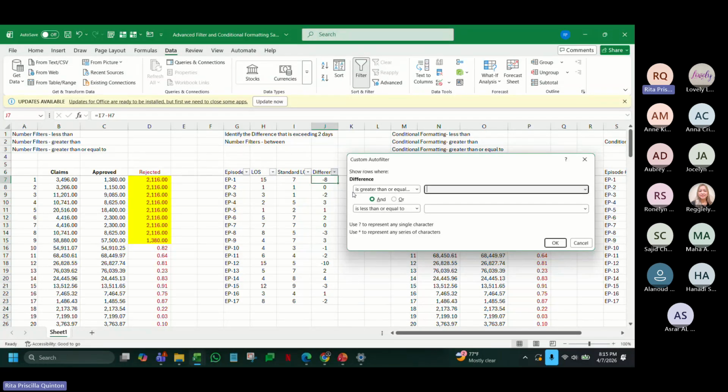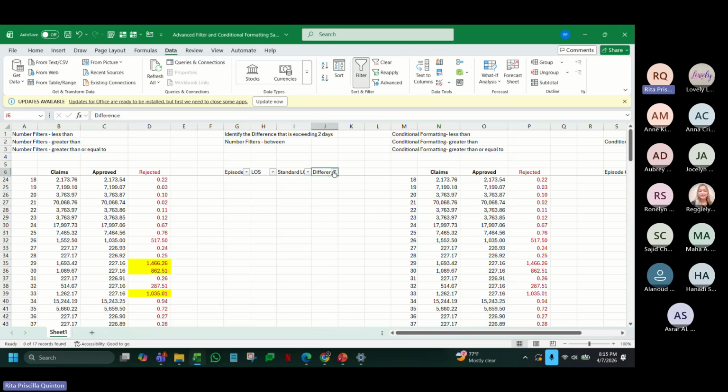Show rows where the difference is greater than or equal to 2 and is less than -2. Okay, so I'm expecting that if I press OK, this will show, what will not show.